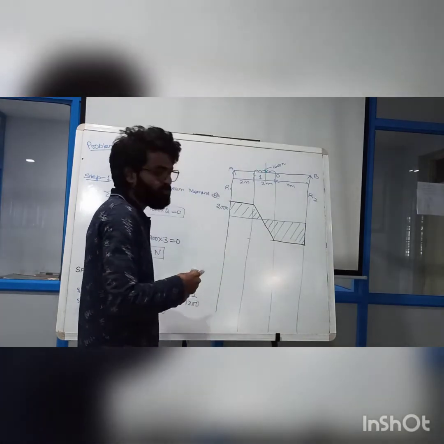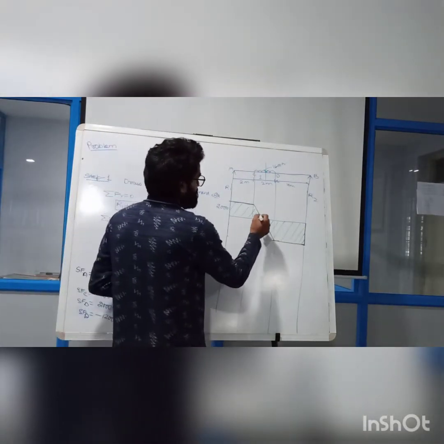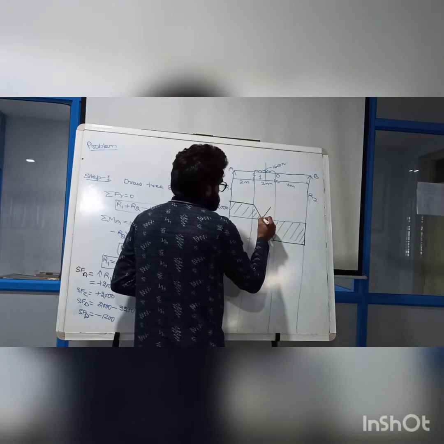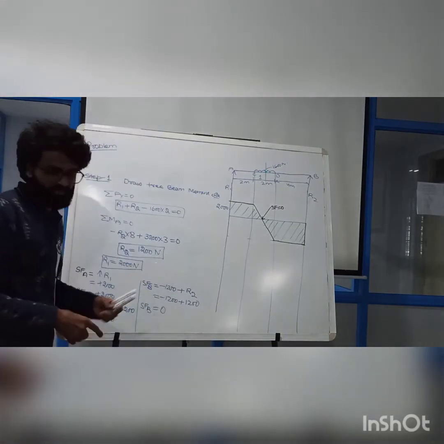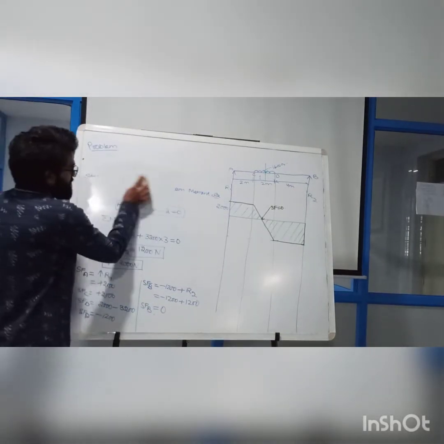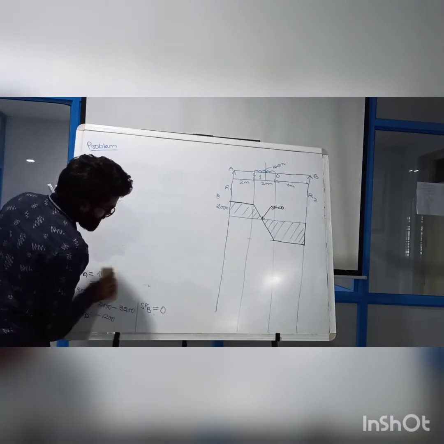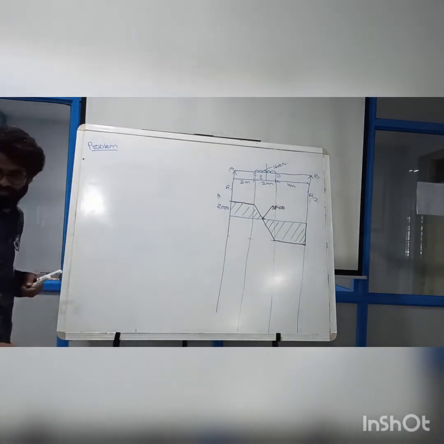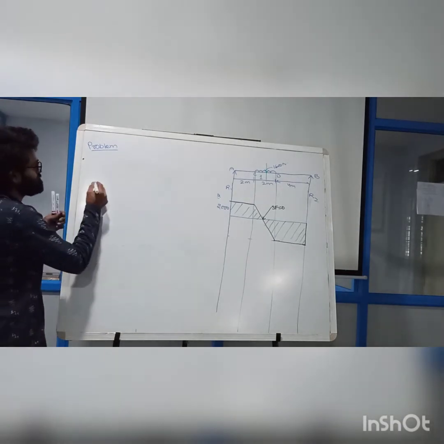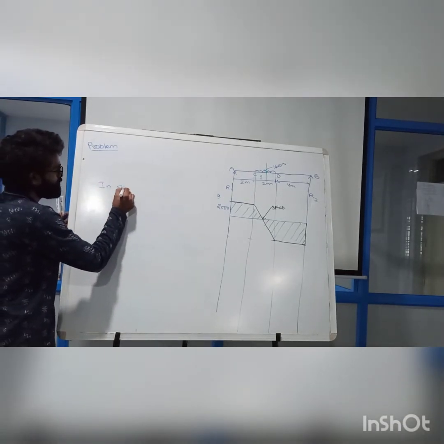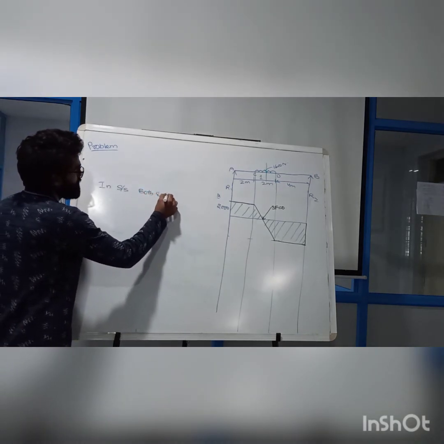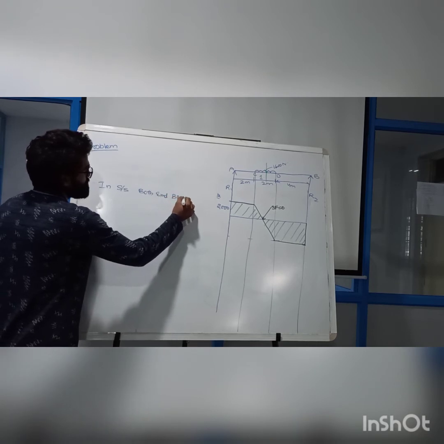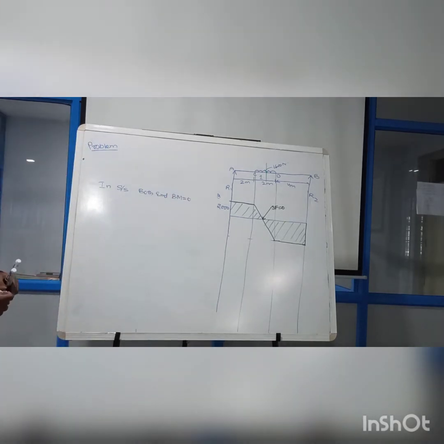In the shear force diagram, why did I draw this diagram? Because I need this value, and this is the point where the shear force is equal to 0. So I got my shear force. Now, in a similar way, I am going to calculate my bending moment diagram. You all know that in the simply supported case, at both ends the bending moment is equal to 0.